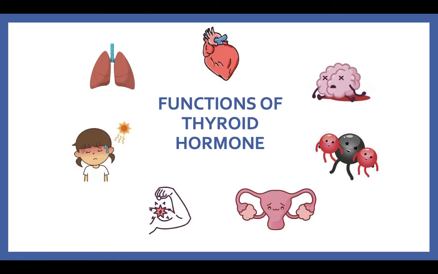So now functions of the thyroid hormone. The thyroid hormones have several functions, as you can see in the images here. The primary functions are for the metabolism, the nervous system, and the musculoskeletal system. So for metabolism, thyroid hormone is essential in increasing the basal metabolic rate. And basal metabolic rate is basically the energy that is consumed while being in a resting position. So you're basically not doing anything, but the energy processes keep happening. So that is what thyroid hormone does.